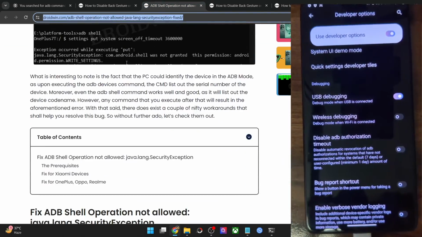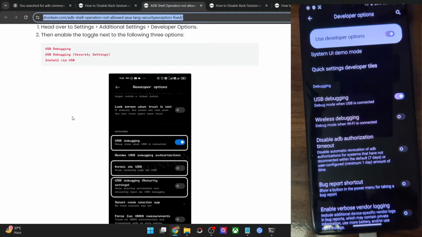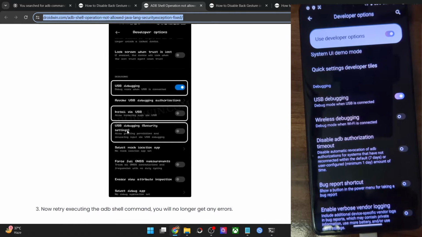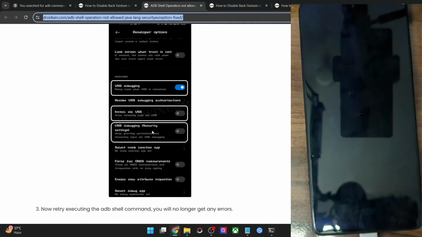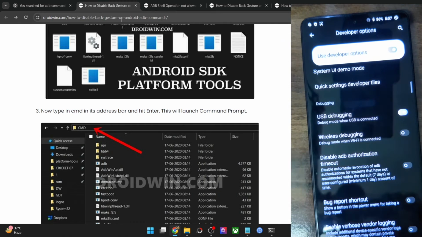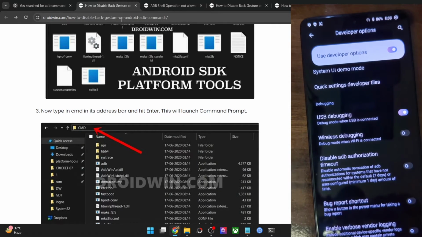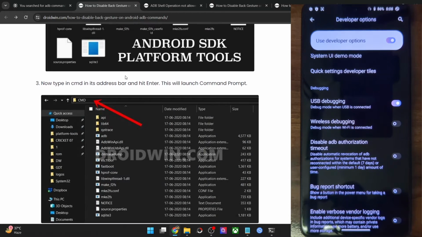In case of the Xiaomi phones, this is the screenshot. Just a minute. This is the Xiaomi screenshot. So in Xiaomi, you have to enable the USB debugging security settings, and in case of OnePlus, you have to enable the disable permission monitoring. So enable the toggles in these phones as well if you are having any one of these phones. Apart from that, on all the other phones, that is not required. So with that said, let's now move ahead with the next step. So now we will use the command.